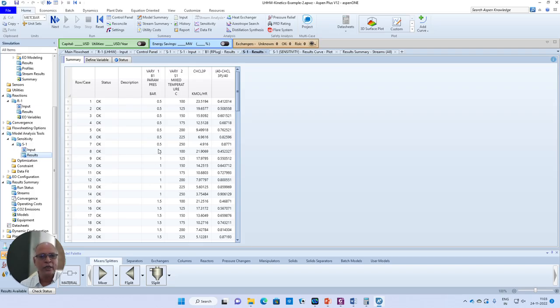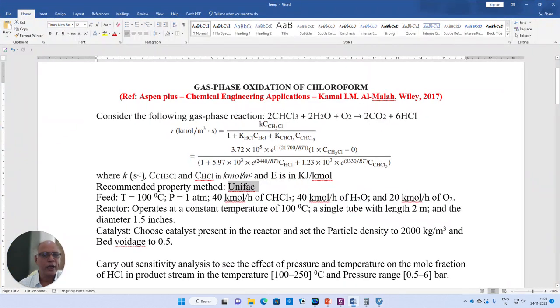Now, when you increase the pressure, compared to 0.5 and 100, where the conversion was 0.41, at 1 and 100, the conversion was 0.5. So even increasing pressure increases the conversion. Of course, we may not be able to judge this from the stoichiometry, but typically in the case of gas phase reactions catalyzed by solids,